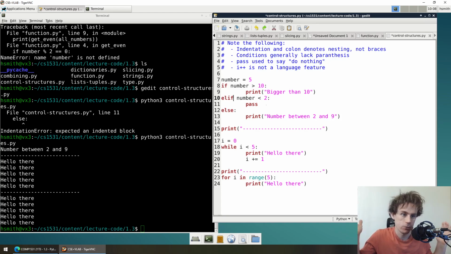Just a decision with who wrote the language. Don't think about it too hard. The other stuff we see here is a while loop, which is very similar to C. You have a variable, a while loop. It follows the same rules as the above. One thing, though, that Python doesn't have is an I++